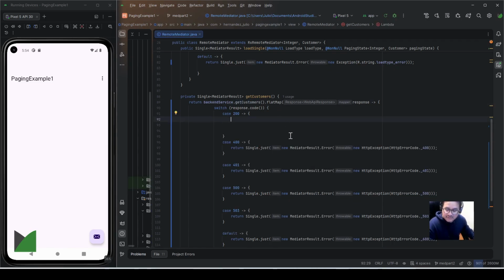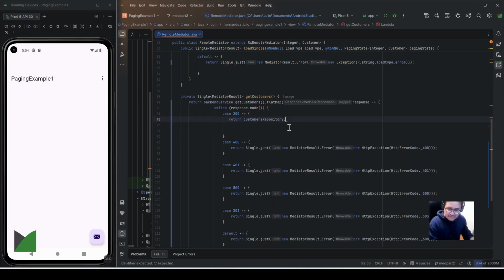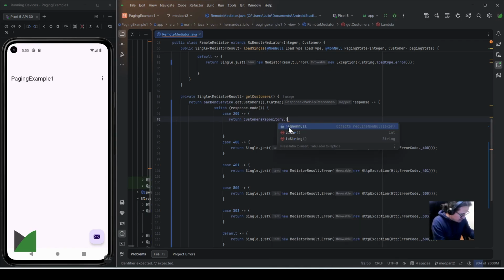I need to save this information to the database. So this is my customers repository dot, and I need to return this. I don't have a method here to save this info, but first I think I need to add a new method here in my repository, and this is to save